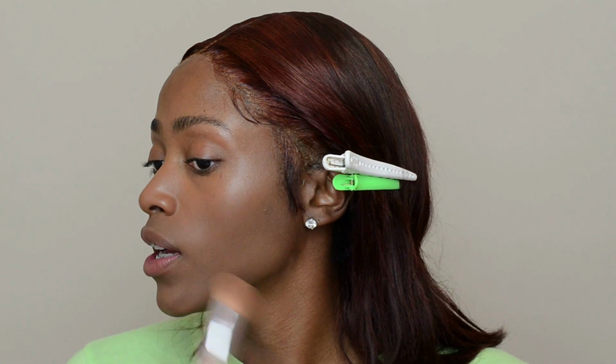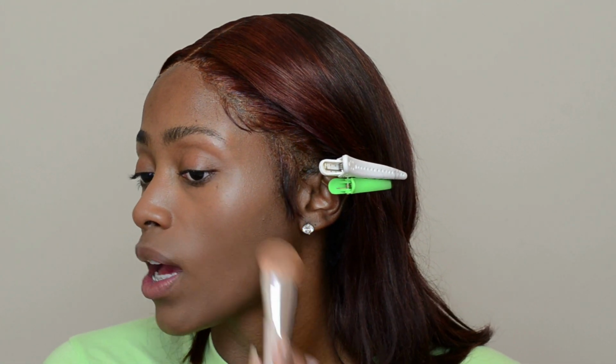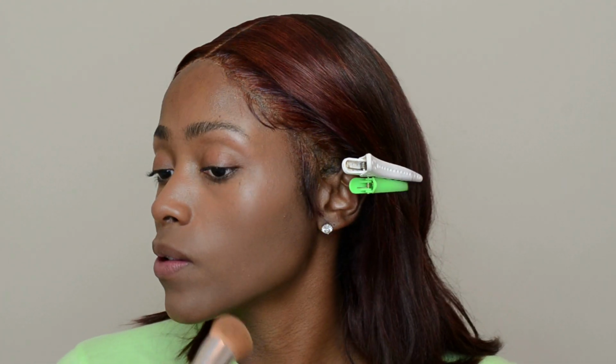Okay, guys, so for me, because I have some hyperpigmentation on the sides of my face, I'm going to go in with just a little bit more here and probably a little bit more here because I do have some hyperpigmentation on both sides of my cheek. So I'm just going to go in with little small dots, y'all. Like, y'all see this foundation is super full coverage. So I'm just going in with little dots here and put some there and just go ahead and blend that